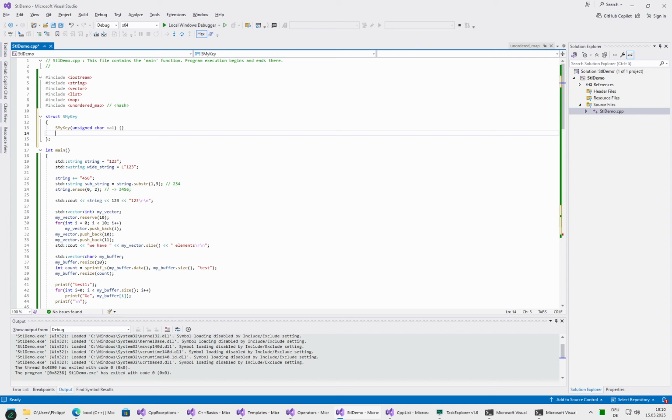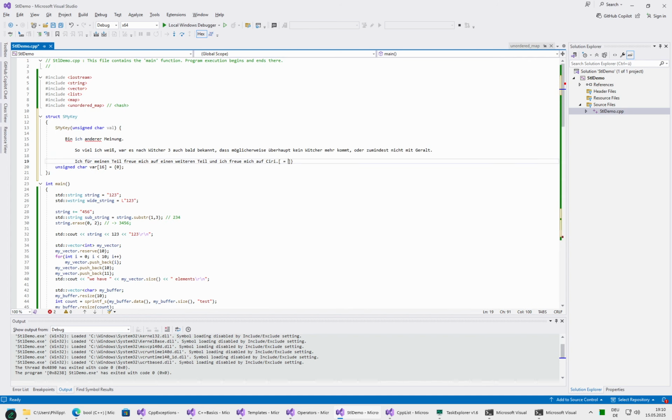Let's say we want to store an unsigned char value[16]. So in principle we are making here a key which is basically a 16 character byte array, and just for simplicity, we will only initialize the first one. Oops,